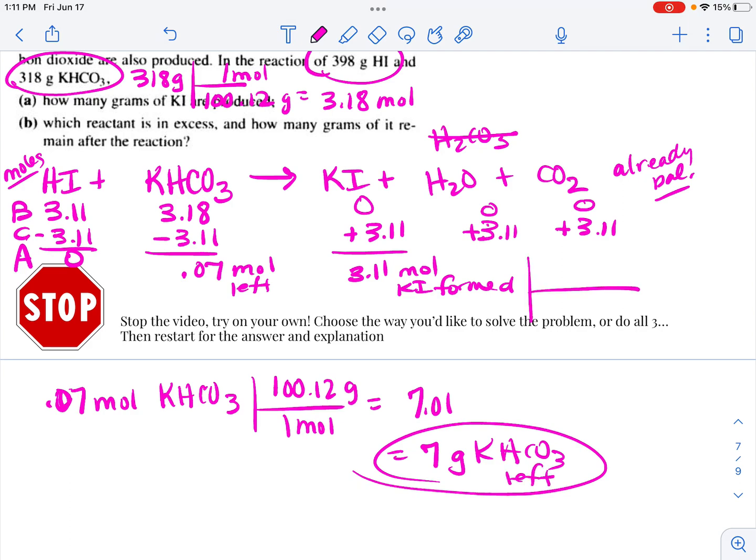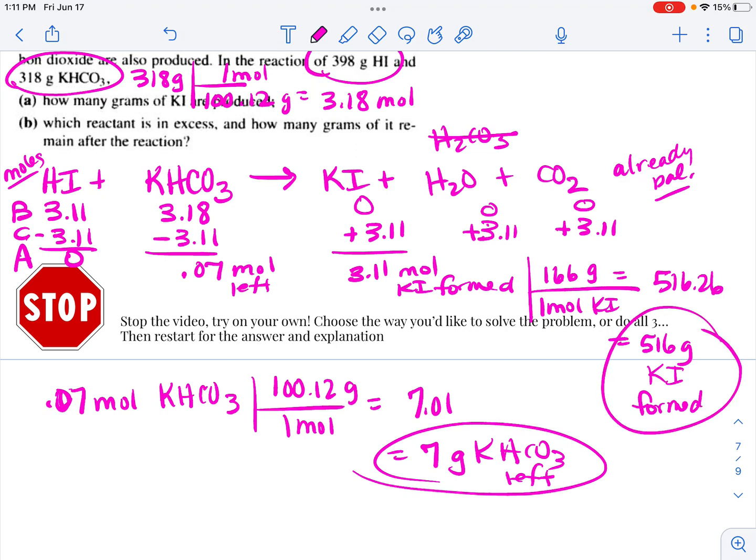And to figure out how many grams of KI are formed, I'm going to use the molar mass. 1 mole of KI from the periodic table is 166 grams, which is 516.26, or with 3 significant figures, equals 516 grams of KI formed. And using my BCA chart, because they were 1 to 1 to 1, it was super fast, and I'm done with the whole question. So hopefully you were successful. Hopefully this was helpful. I think this will probably be one of the more challenging things at the start of the year for you, so make sure you work really hard at the